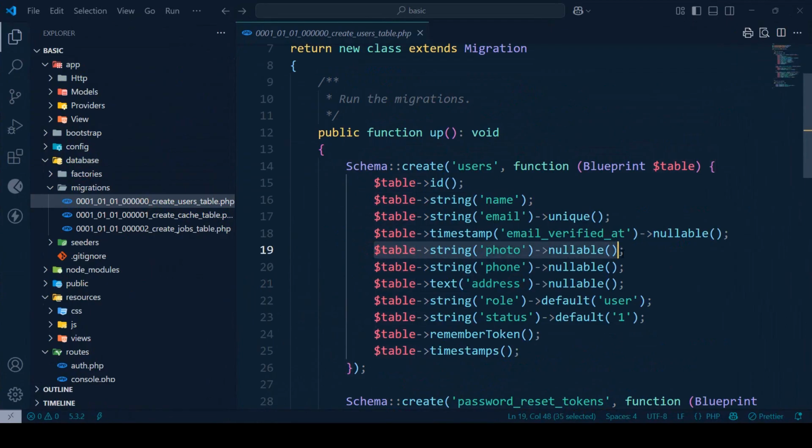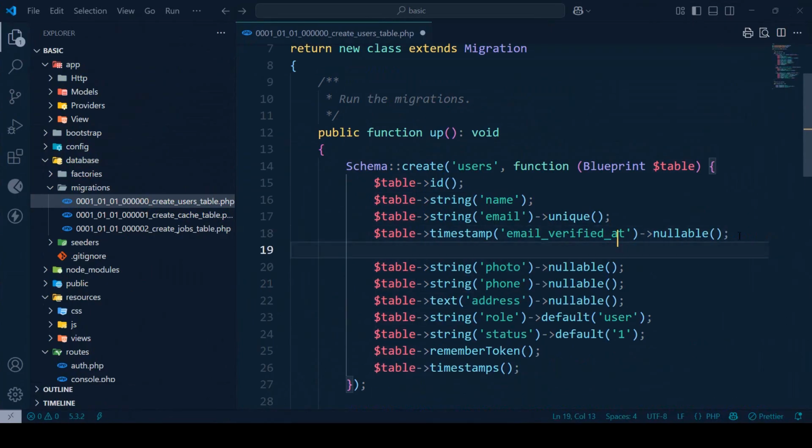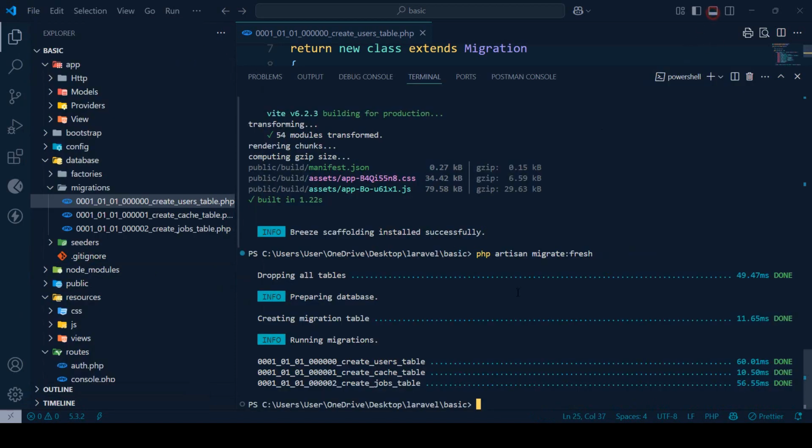That is actually an important one, so I copy it and now I want to paste it, so that will be our default one. So it's very important. Here I have actually removed it. Here there should also be another field named password. Okay, password, which I had in here, but maybe I removed it. So now make sure that there is another password field, and other fields: photo, phone, address, role, and status. Fine, I click save all,